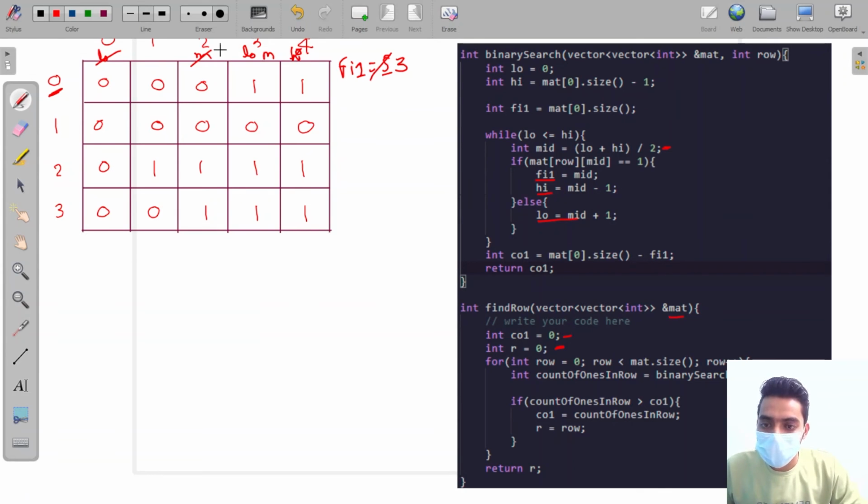Now we are updating our high at this point, and we are again checking, is 2 less than or equal to 3? No, it is not true. So we are out of this loop and we are calculating the count of ones, that is 5